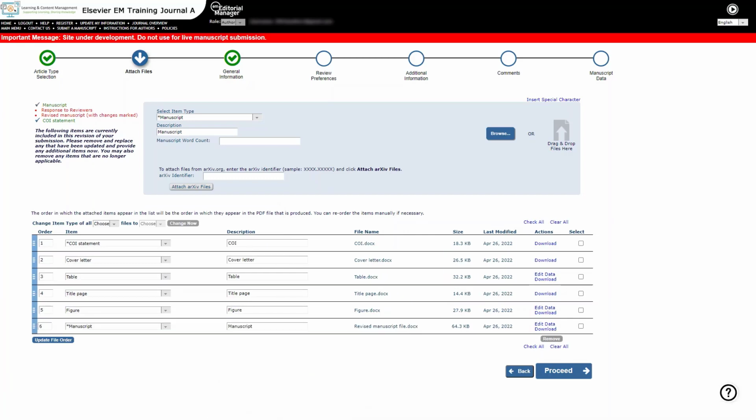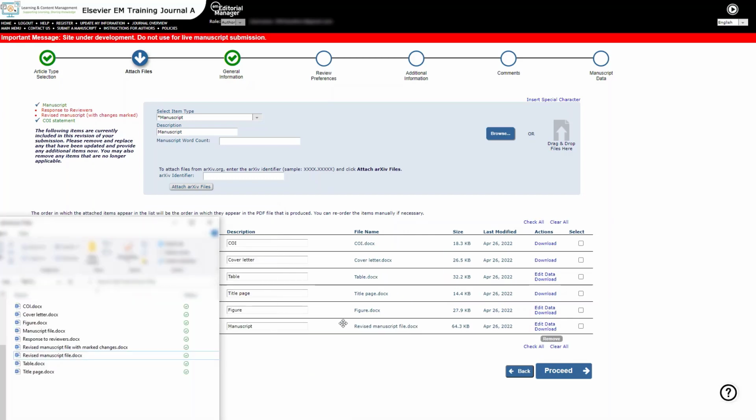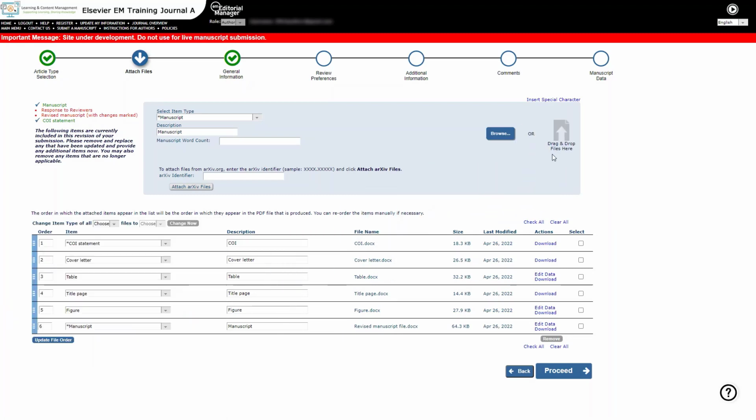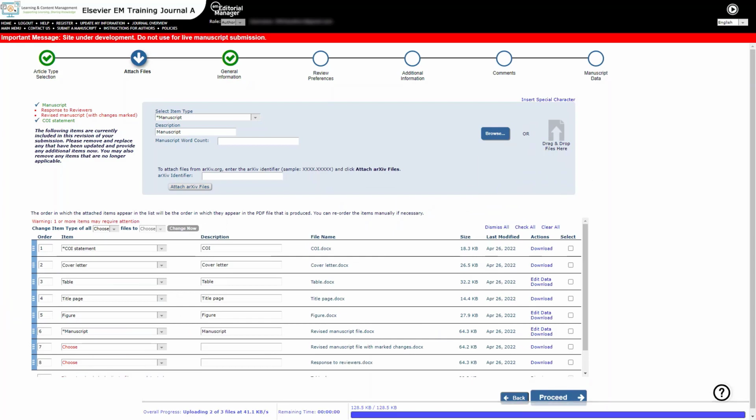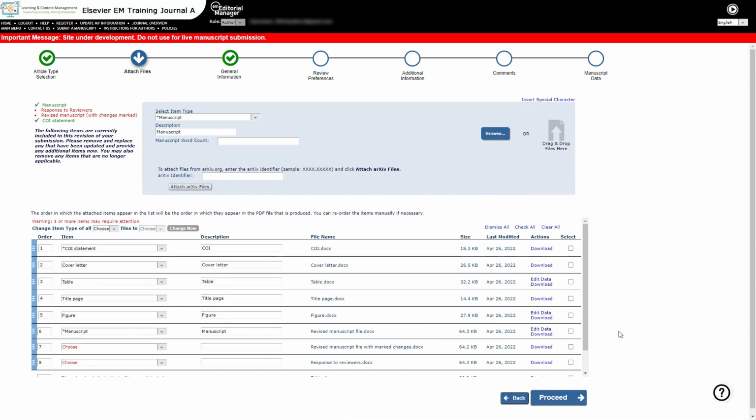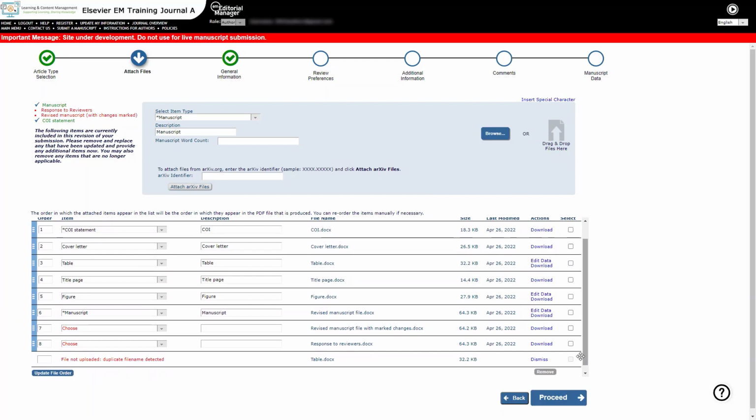You can also use drag and drop to upload several files at once. If there are any duplicate file names or items that cannot be uploaded, they will be listed below with an error. Click Dismiss to clear the error message.